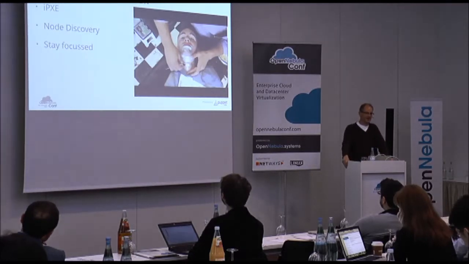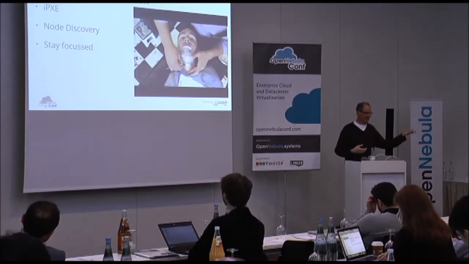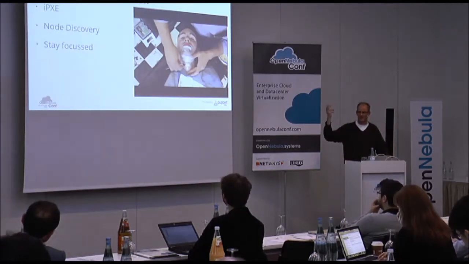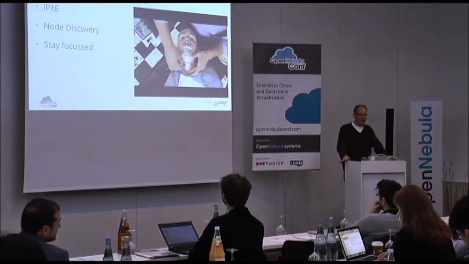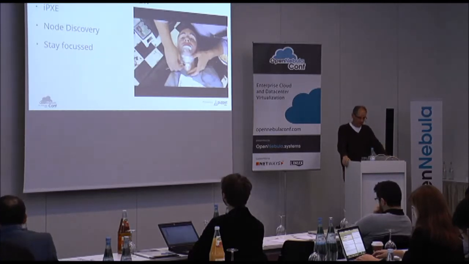I don't know if anybody has ever implemented a dynamic TFTP server, which you would have to do to get interesting behavior out of PXE. But we all know how to write interesting web services. So by using iPXE, they elevated PXE provisioning from something that's done with stupid files lying somewhere to something that's backed by a web service. The second key insight they had is to use node discovery, or inventory nodes before they actually install them. And so Razor builds a hardware database over time as more machines come in, and can make a lot of decisions based on what your hardware actually looks like.